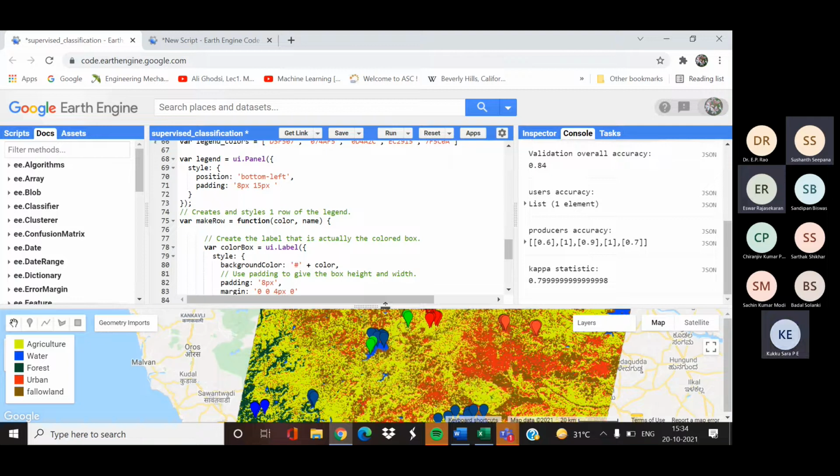Normally it depends on the kind of bands you have, and also many other factors, such as the areal extent and the number of classes you are going to map. But it is always good to have the thumb rule of 10 times the number of bands. That's typically the normal rule they follow, but it doesn't have any physical basis, just a thumb rule.